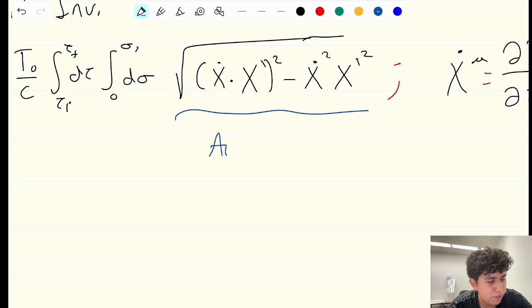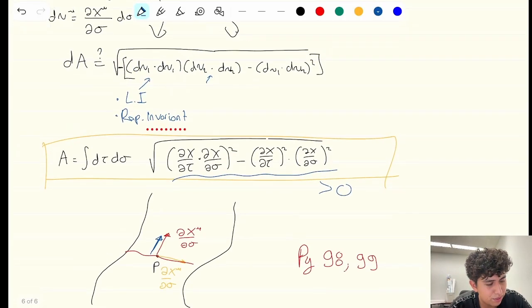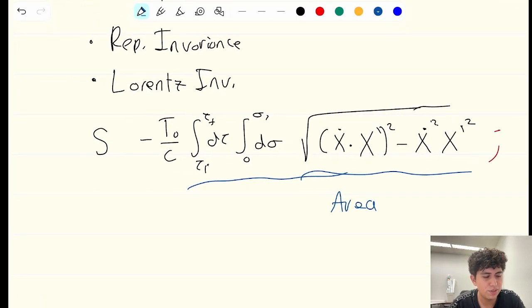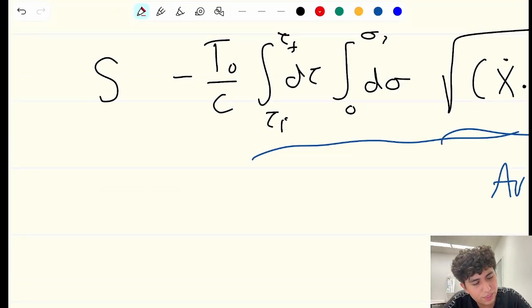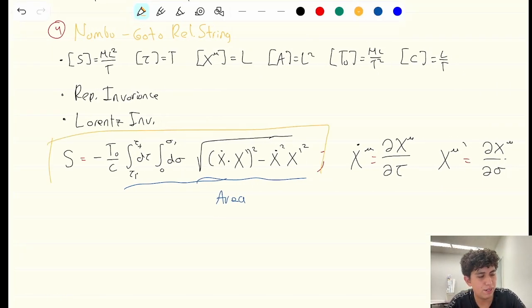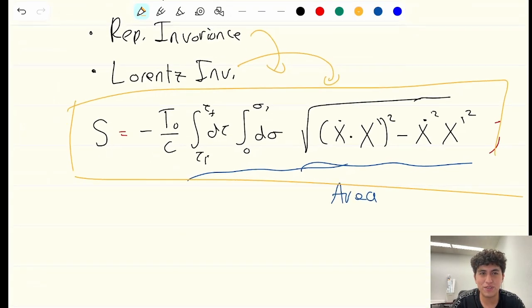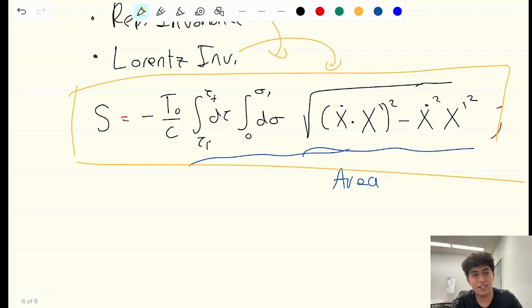You just take a look. The area functional we derived is the same as we did here. This whole part is the area functional, and we just multiply by two constants to get the right units. We do this, and then we get the right units for the action, plus reparameterization invariance, plus Lorentz invariance. So cool. This is the form that the Nambu-Goto action takes,